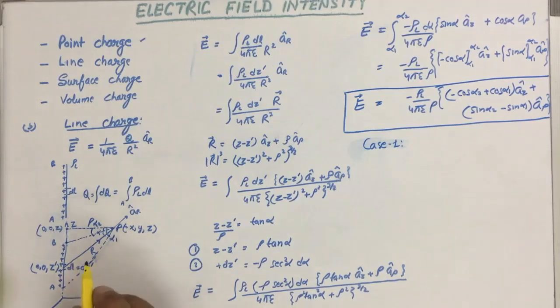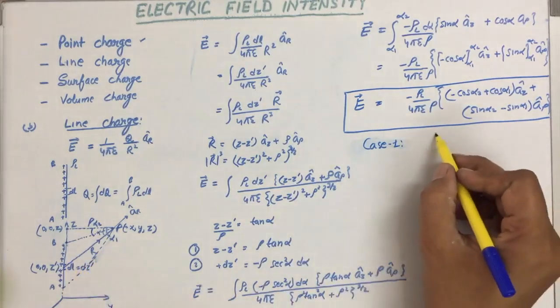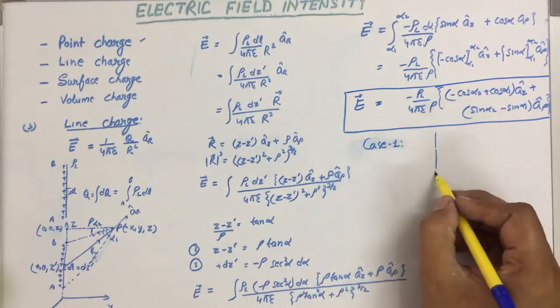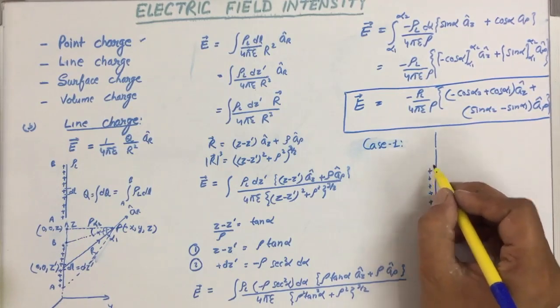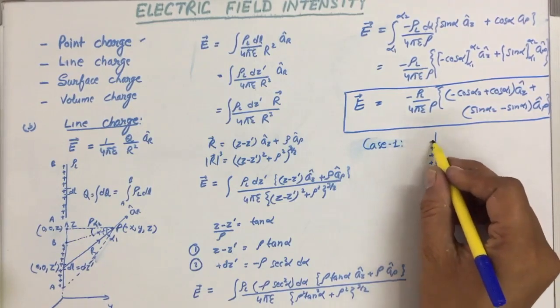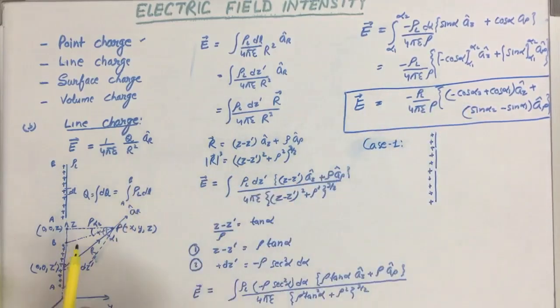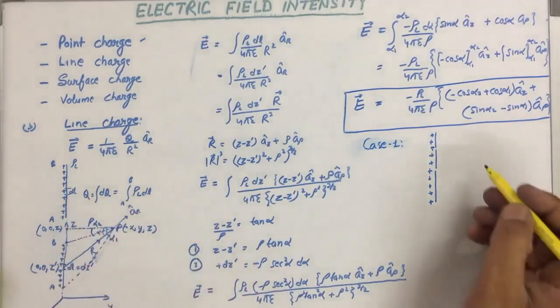So in that case, if the line charge is of infinite length and the remaining conditions remain the same, charge density and everything remains the same, in that case